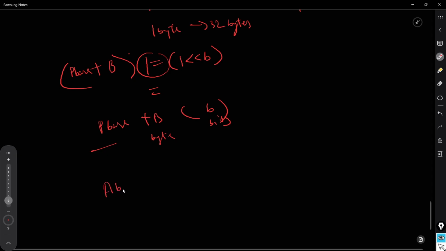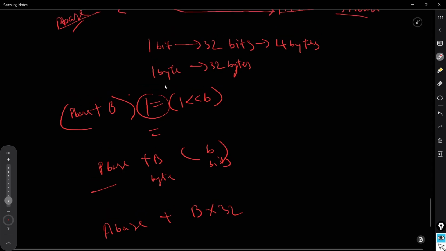You will go to the alias base, and this byte offset you multiply by 32. As I've already shown you, 1 byte corresponds to 32 bytes, and 1 bit corresponds to 4 bytes. So byte offset times 32 plus bit offset times 4.